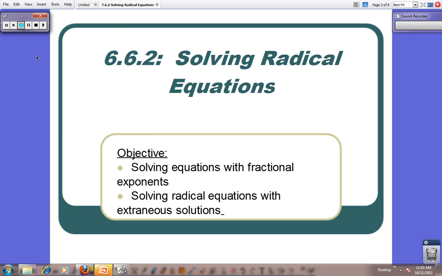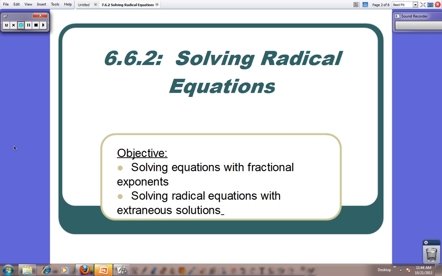All right, lesson 6.6. This is video number 2. We're actually going to be completing 2 objectives today. The first objective is we're going to be solving equations with fractional exponents and solving radical equations with extraneous solutions. Now, an extraneous solution, if you remember from the preview in the material on Angel,